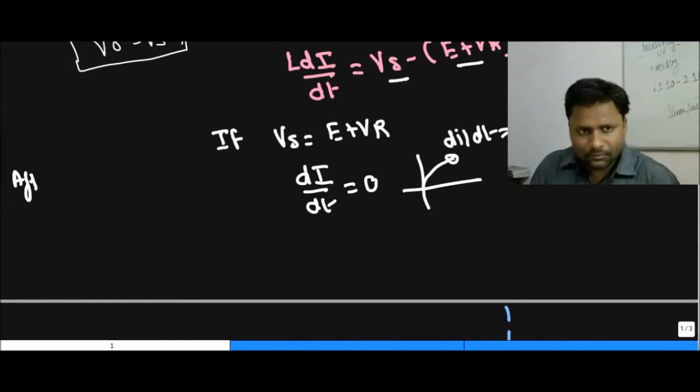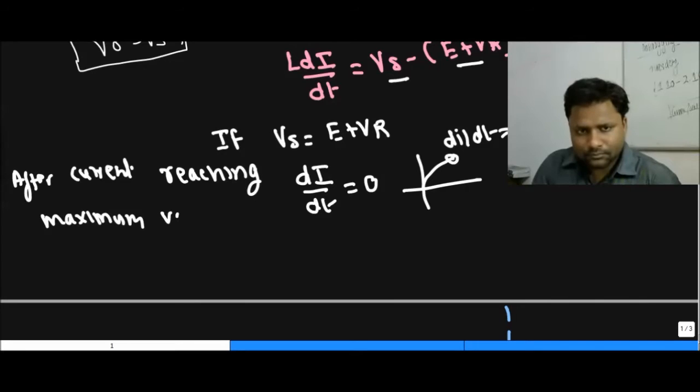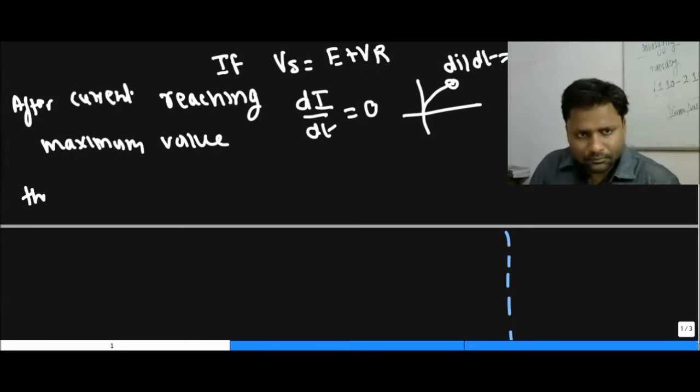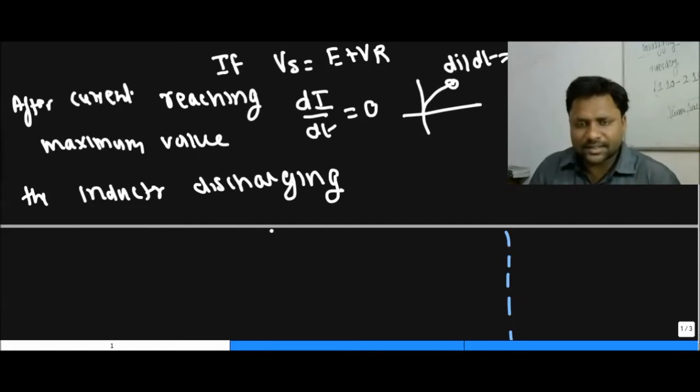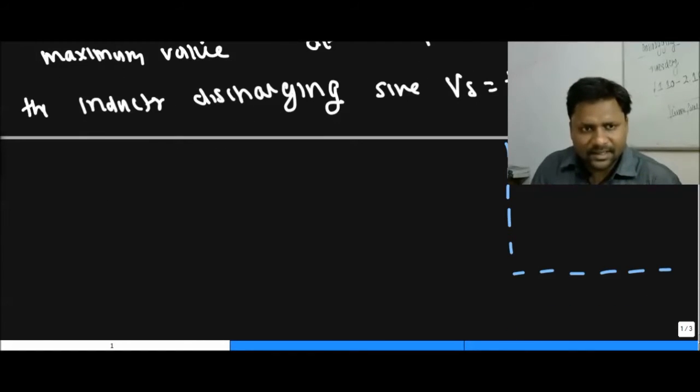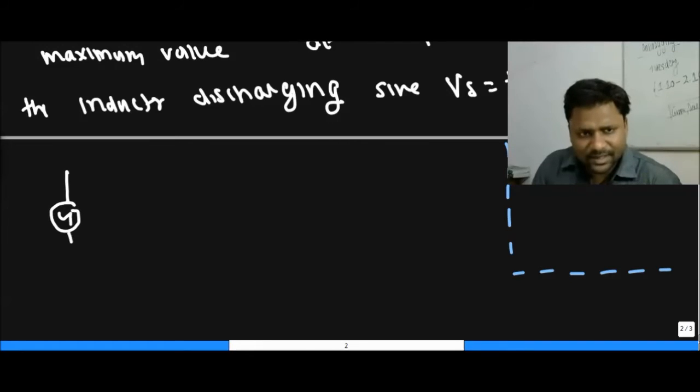After the current reaches its maximum value, the inductor is discharging. Inductor is discharging since Vx is positive, so the diode becomes on. That means after a certain interval, the waveform is going to be like this: the plus, the